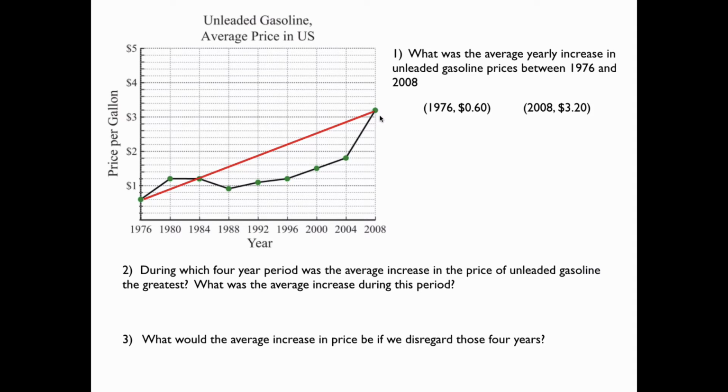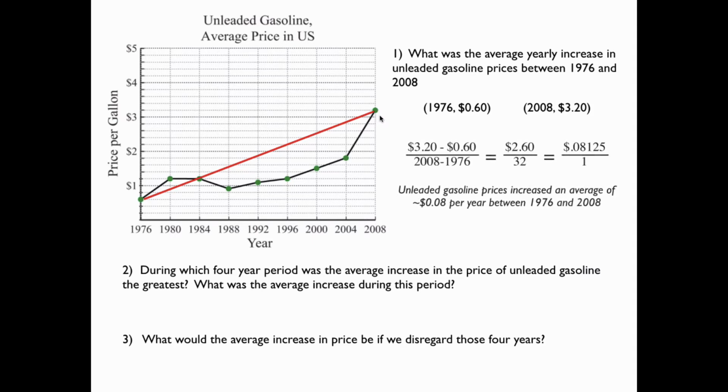So if we wanted to describe this in the simplest way possible, we'd find the average rate of change. All right, using our formula for slope, we get the following. Simplifying this, we get 0.08125 over 1. So rounding to the nearest cent, unleaded gasoline prices increased an average of approximately 8 cents per year between 1976